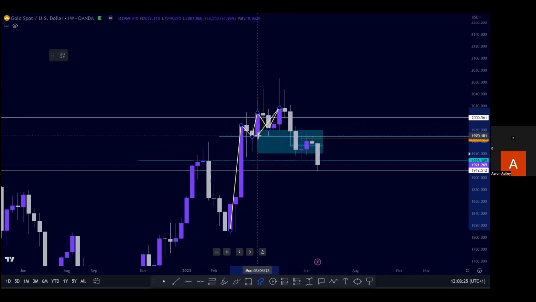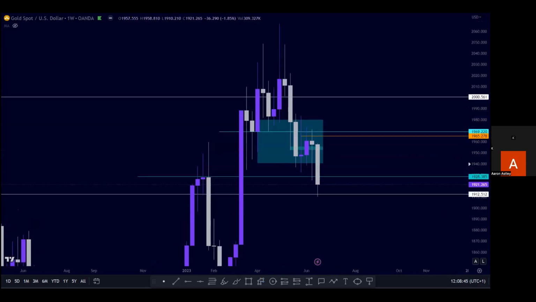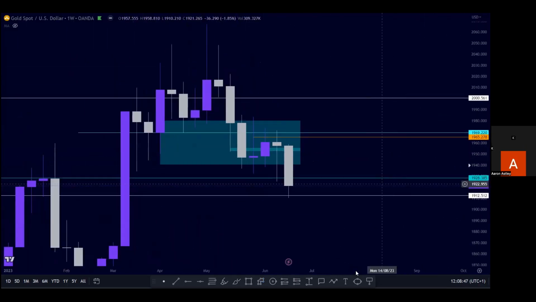And once that happened, we ripped through and broke below all these weekly structure points, giving us a nice retest of that area. And price maintains trading below that 1970 area. So price is trading below that at the minute, and we've gone bearish, we've broken. It's given us this third leg extension. So if you have a look closely,